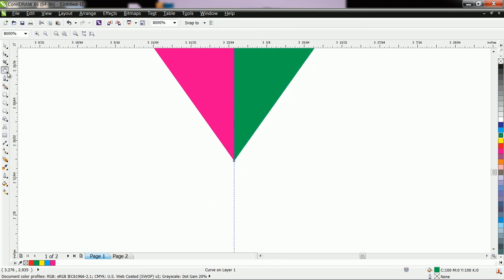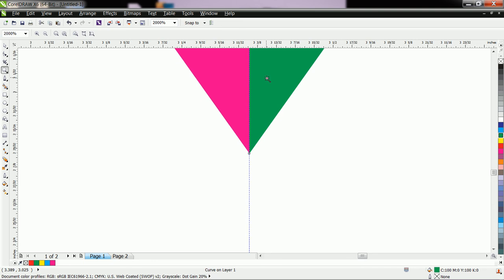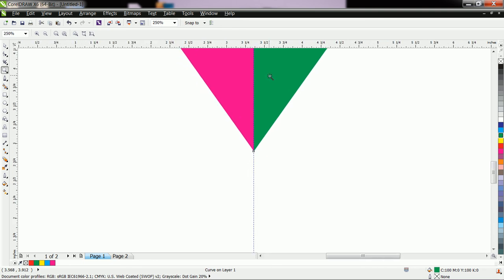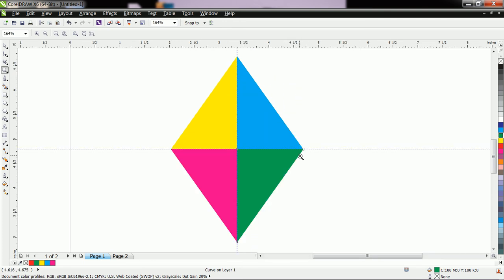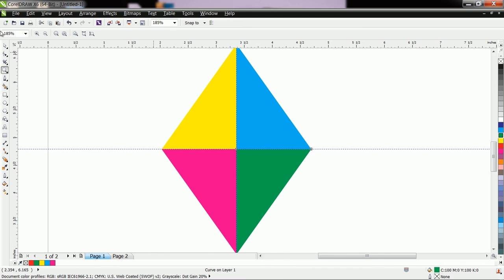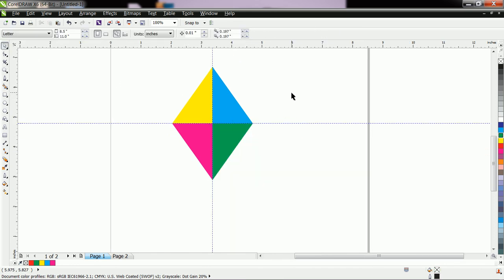Now our shape is ready. Okay, let us zoom it. This is an accurate shape.